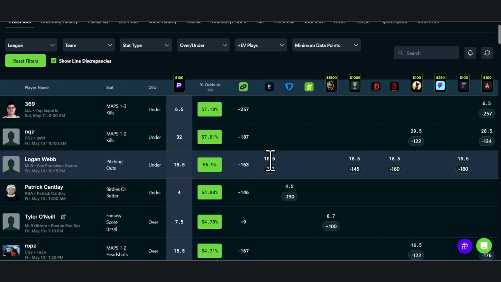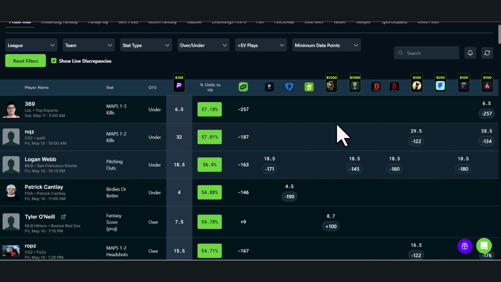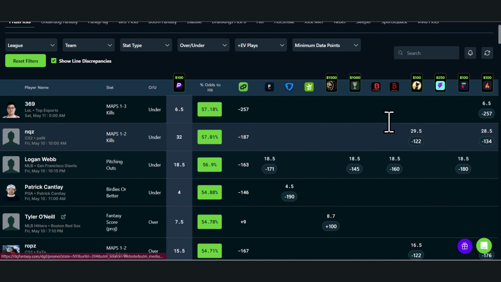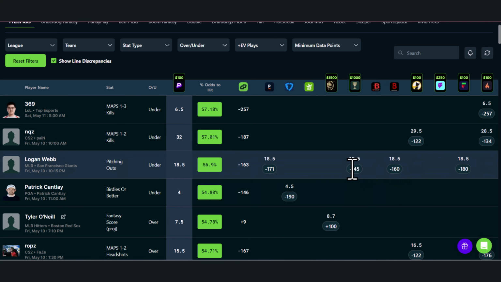But as we can see here, there's a sportsbook, Pinnacle. There's also Caesars. There's also Bovada, I think. They're all saying that this person, they're more leaning towards the under 18.5 pitching counts, right? So they're telling me here that if I'm going to be doing this on PrizePicks, then I should go ahead and select Logan Webb for under 18.5